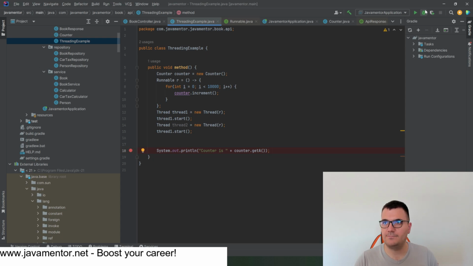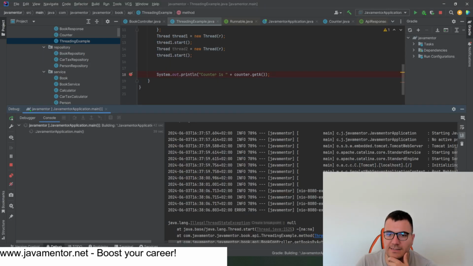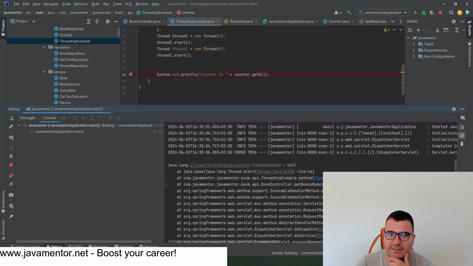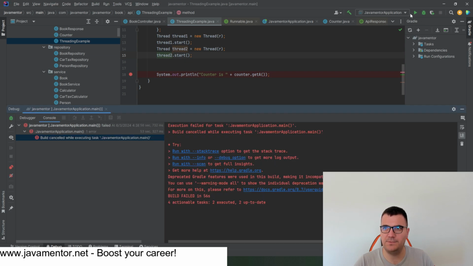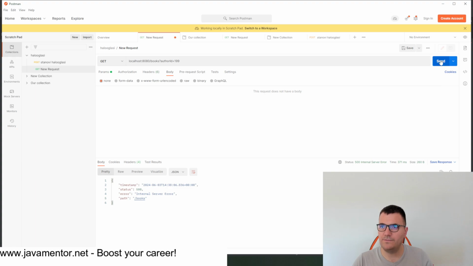Let's check that. Let's go into debug mode. Now if we try send, okay, we are getting this IllegalThreadStateException, because you cannot start the same thread twice. We tried to start thread1 two times. We forgot to put thread2 here. So let's stop the application and start it in debug again. And now if we try send,